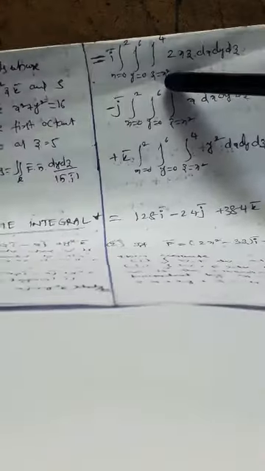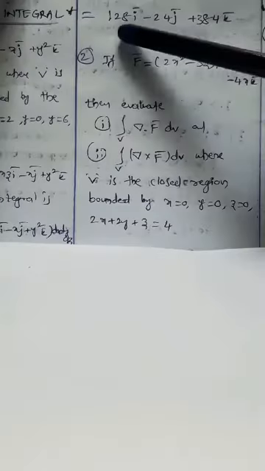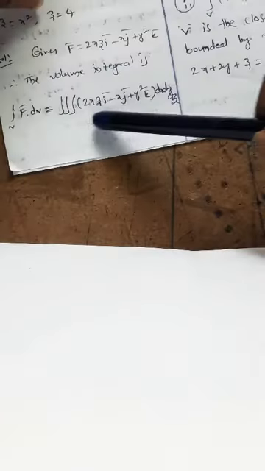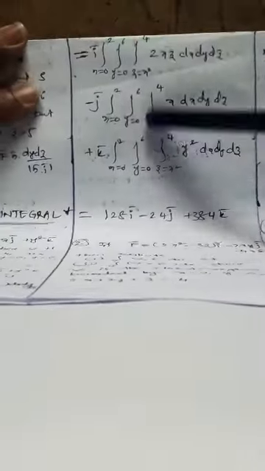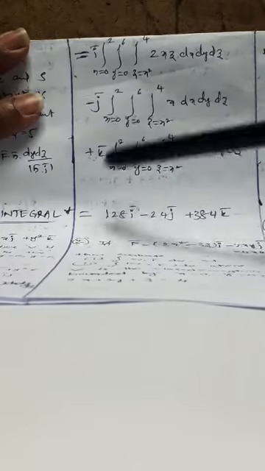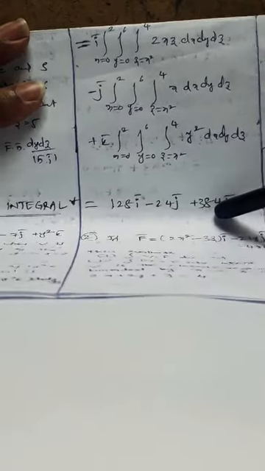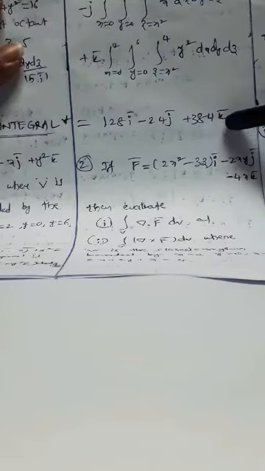But here we have to take the integrations for the individual components because we have i, j, k. The final one will come in the form of a vector. So we have to write for the individuals: minus the triple integration of this one, plus the triple integration of this one. i of, minus j of, plus k of. After simplifying this one, we will get the solution.